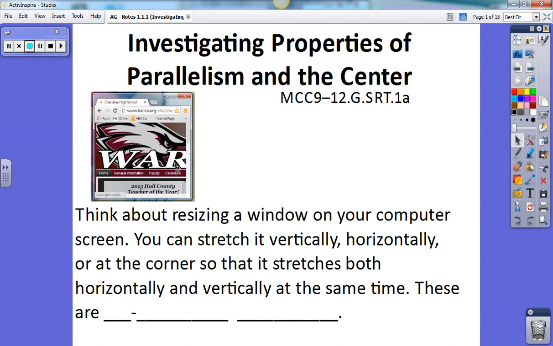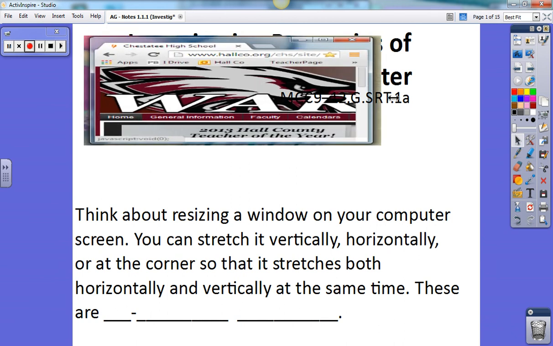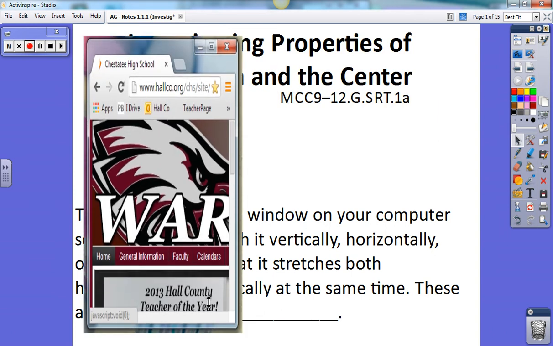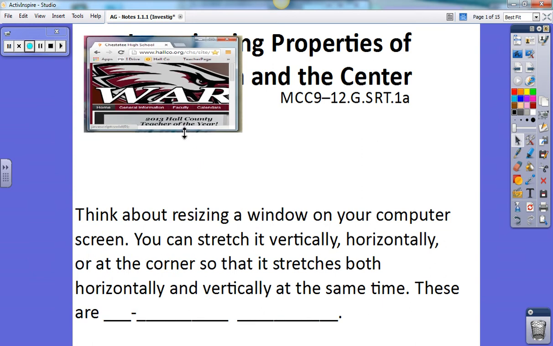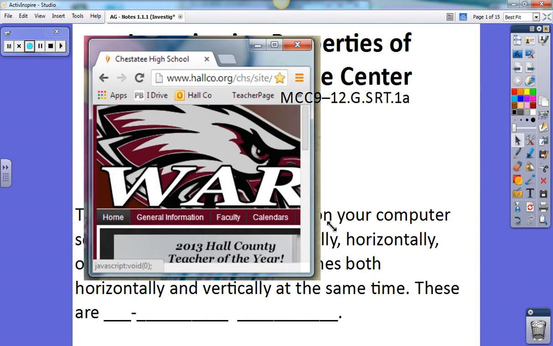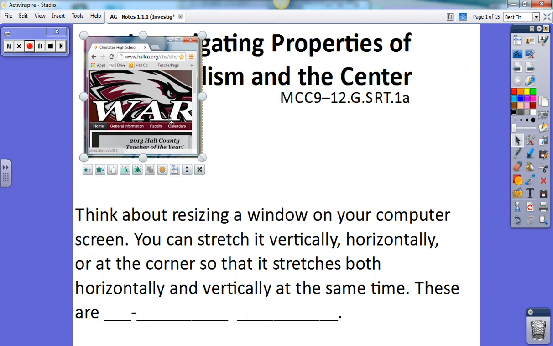Think about a window on your computer screen. You know that when you click on it, you have the option of where you would like to drag. But notice that when I stretch it horizontally or vertically only, it gets distorted. In order for it to not get distorted, I have to grab it by the corner and drag it, and then both the horizontal and the vertical change at the same time and at the same rate. So right here,